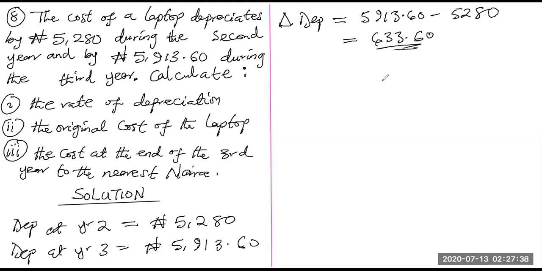So what does this mean? It means that if it was an interest, they invested this interest in the second year, and in the third year it produced a profit of this. Because the change in depreciation is this one minus this, they invested this in the second year and got this. When you add this to this, you have the interest they got at the third year,